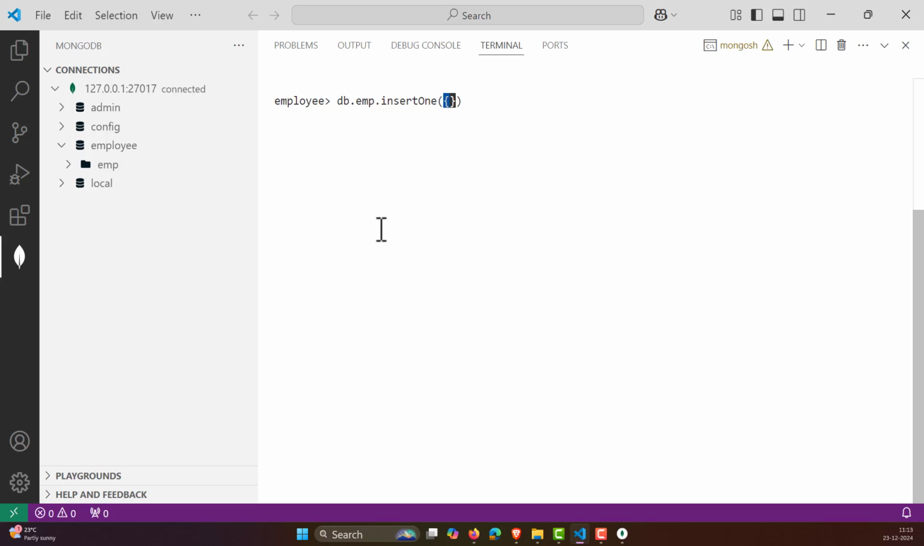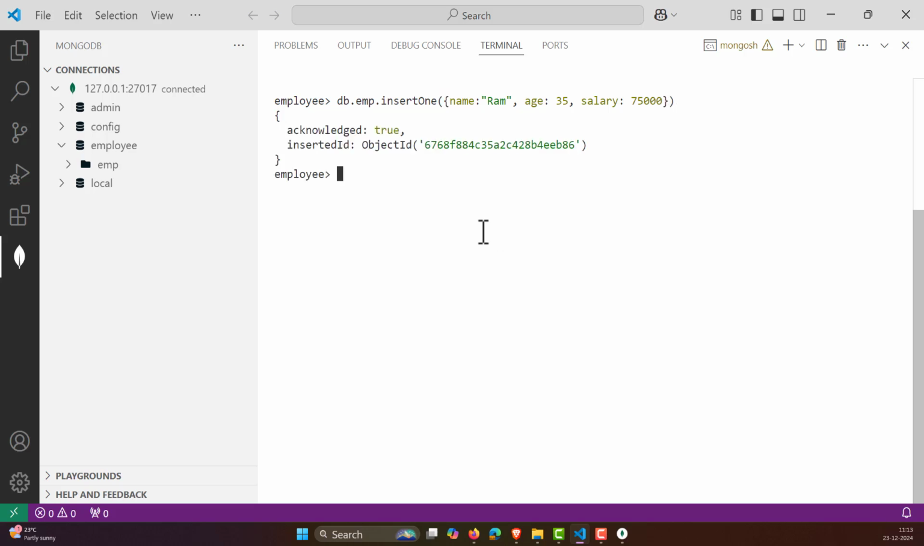Now let's give some details into this. Since we are trying to create an employee table, let me give the name, and the name is, let's say, Ram, and age is, let's say, 35, and salary is 75,000. Okay, so that's it. Now press enter, and we have acknowledged equal to true, which means that we have